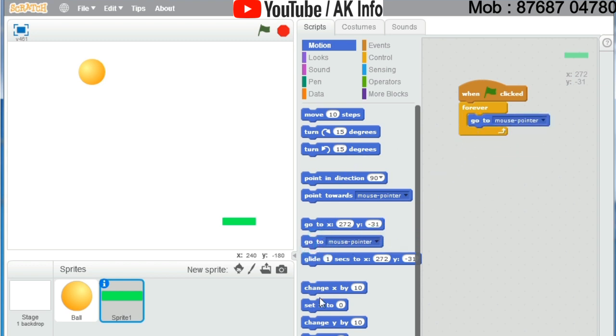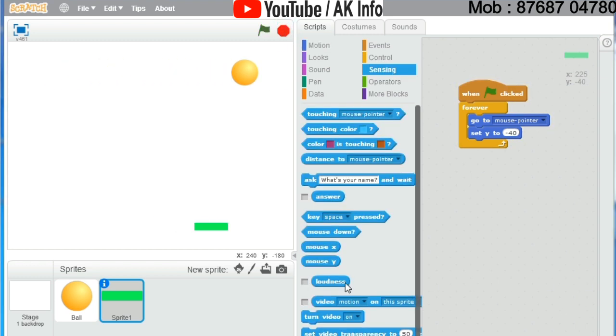In the bottom side, select Y to 0 and change it to -40. Now another small part of our program is ready. Let's check it. Yes, it's working. Look, the green line is moving with our mouse pointer.